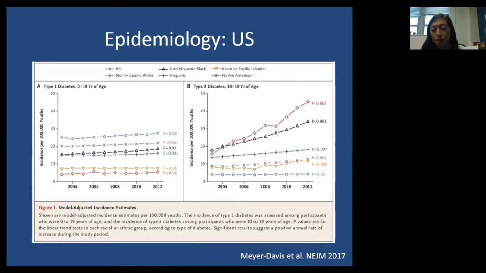So this was a really nice article in the New England Journal of Medicine that looked at the difference in the incidence of type 1 diabetes versus type 2 diabetes. And I don't know if you can see my pointer here, but this is for those with type 1, this is for those with type 2, all adolescents, children 0 to 19, or 10 to 19 for type 2, and then stratified by race and ethnicity. And so you see for those with type 1 diabetes,